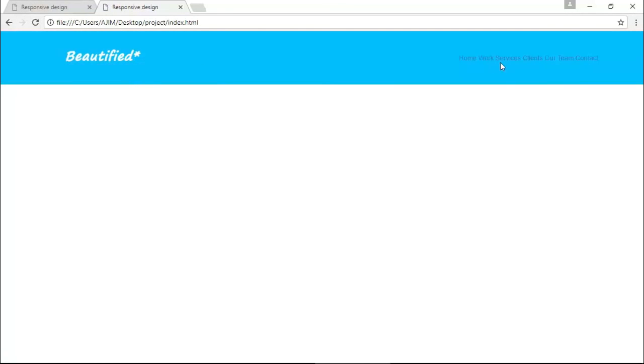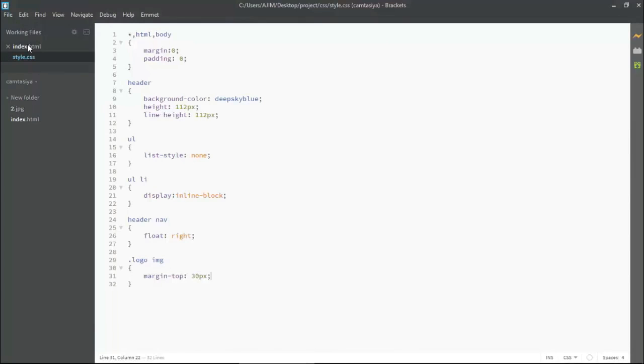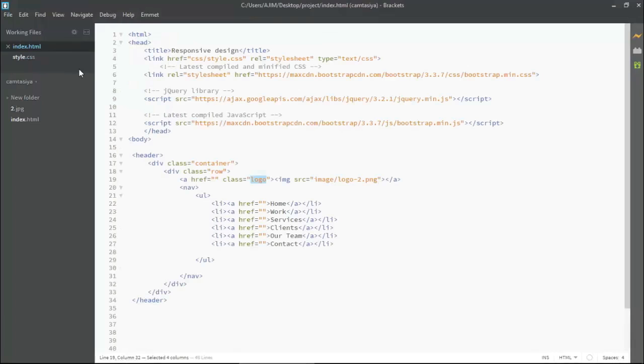Now we have to put some spaces in between these menus. So how can we do it? We can do it easily. Simply come here and go to the index. Here, and you can see ul li. So inside the anchor tag we have menus like home, work, services, clients, our team. So inside the anchor tag we have menus. So the code will be header nav ul li a.